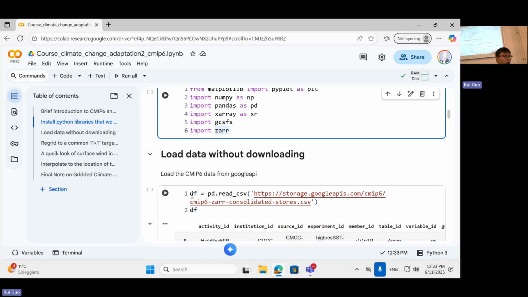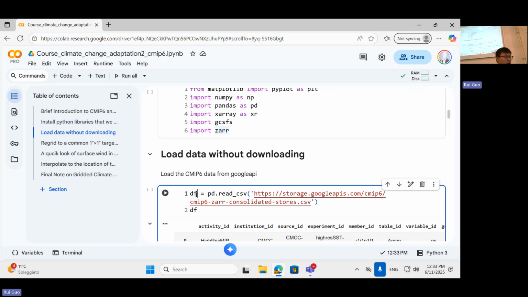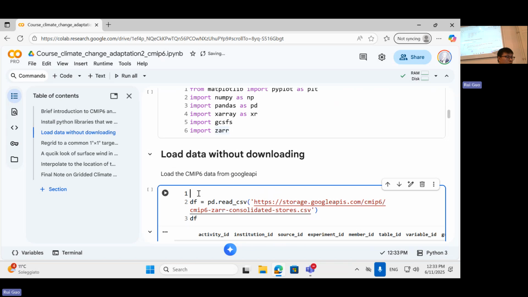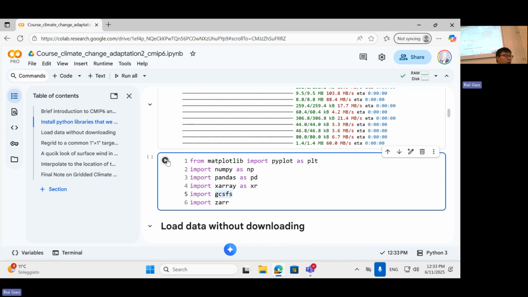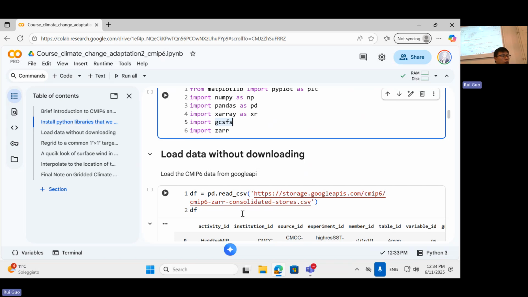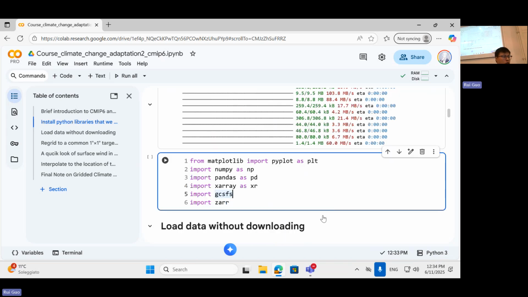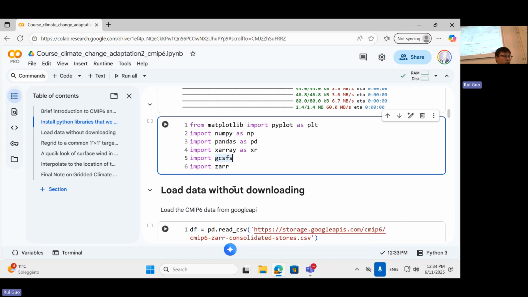For example, before I use pandas here, I can also import it in this cell. Why we choose to import here is that it makes it more standard and clean for the users, because we don't need to import the libraries in the following sections. But sometimes we will need some other libraries while we are writing the code, so it's no problem. We can import later. So we import all of these libraries,